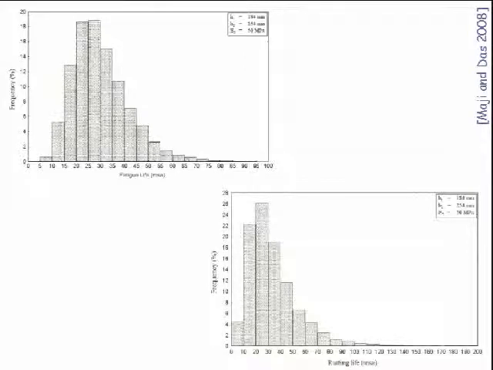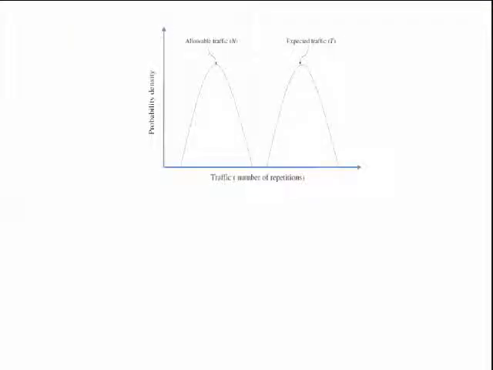It follows a log normal distribution for any given pavement. So we can see if there is a distribution like this, allowable traffic is much lower than the expected traffic. That means the traffic always exceeded the number of repetitions the pavement can sustain. In that case, the reliability is 0%.